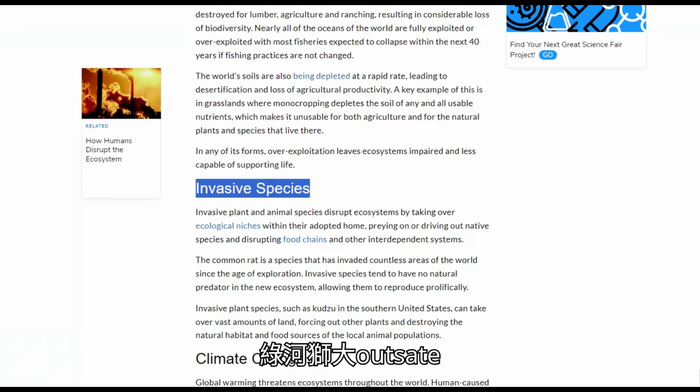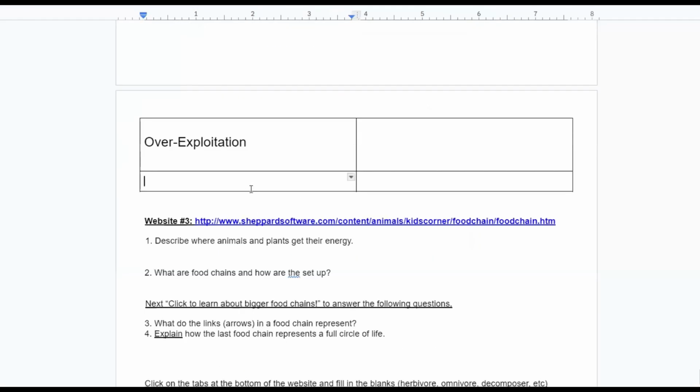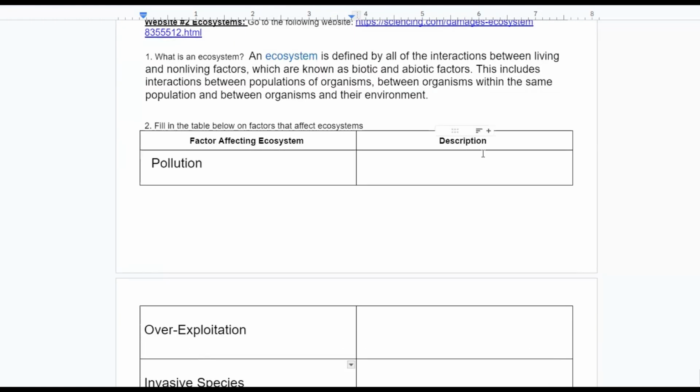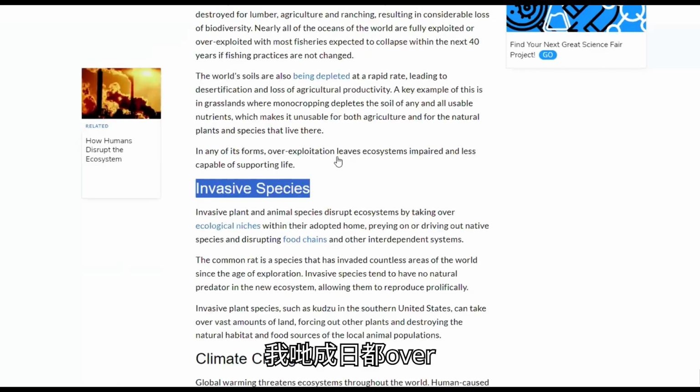Control C. All right, and then that was right here. Then we're going to put in what the definition of each one of these is. So what is pollution? What is that? Factors affecting the air, water, and soil. Okay. All right.